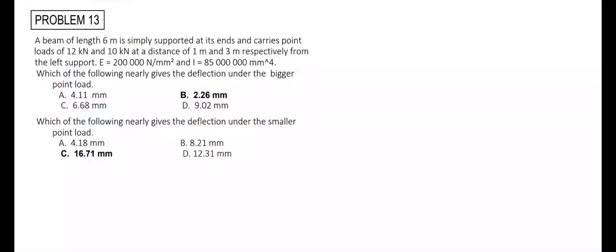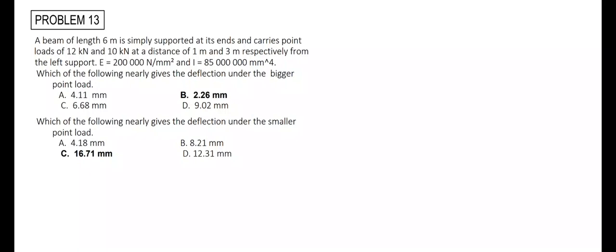A beam of length 6 meters is simply supported at its ends and carries point loads of 12 kilonewtons and 10 kilonewtons at a distance of 1 meter and 3 meters respectively from the left support. Given a modulus of elasticity equals 200,000 Newton per millimeter squared, and a moment of inertia equals 85 million millimeters raised to the fourth power, which of the following nearly gives the deflection under the bigger point load and the